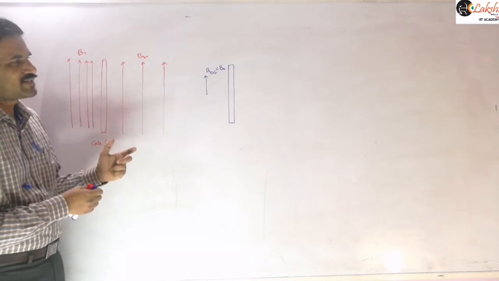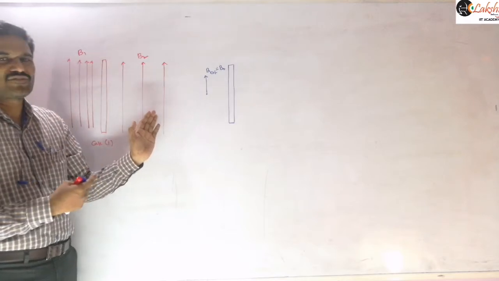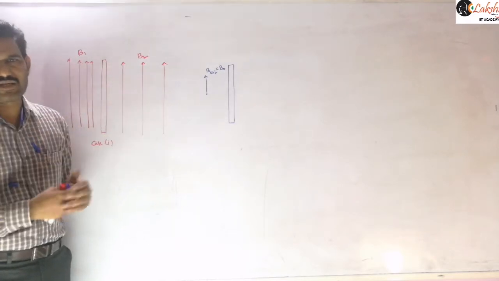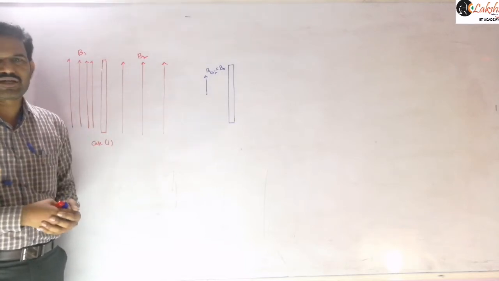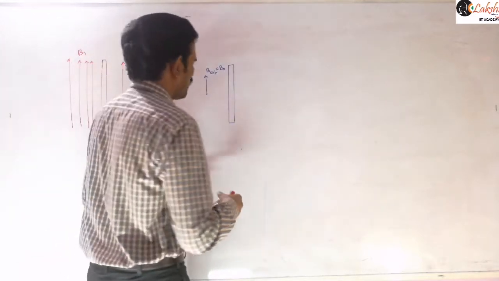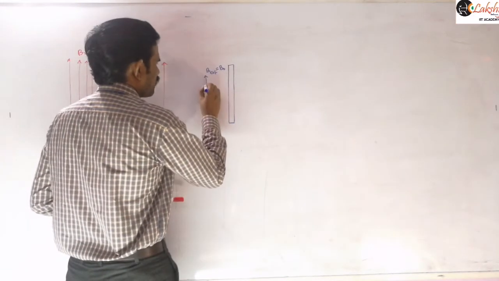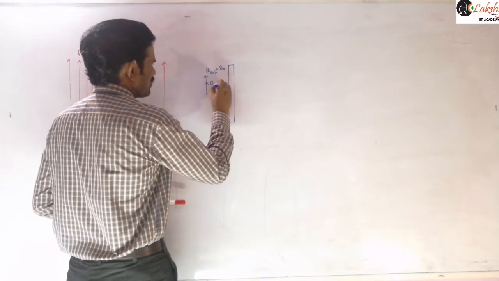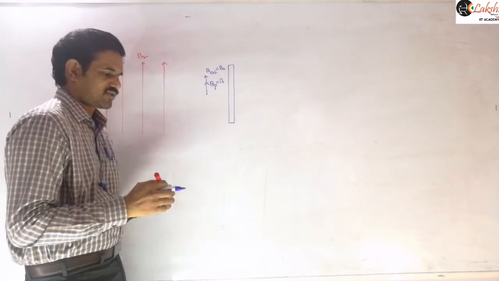So that indicates that on this side of the plane, the external magnetic field and the magnetic field produced by the plane must both be in the same direction, so that they will be added to each other, and you will get a greater resulting magnetic field. And on this side they must be opposite each other. So now the external magnetic field I am taking this side, and the field produced by the plane should also be in the same direction here. This is the magnetic field due to this plane, that I am taking as B, right? They both are in the same direction.